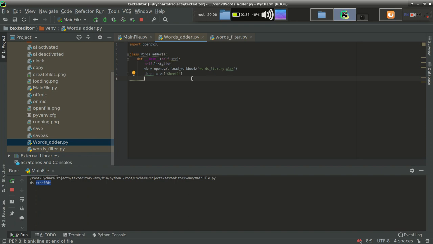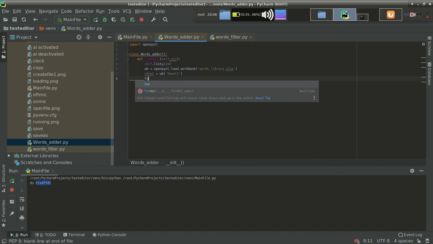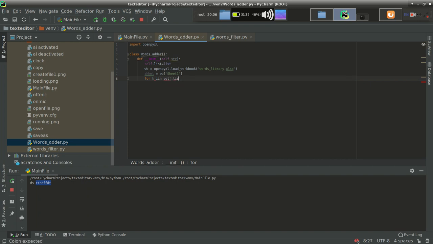So I'll traverse one by one. So how to traverse? For k in self dot list.